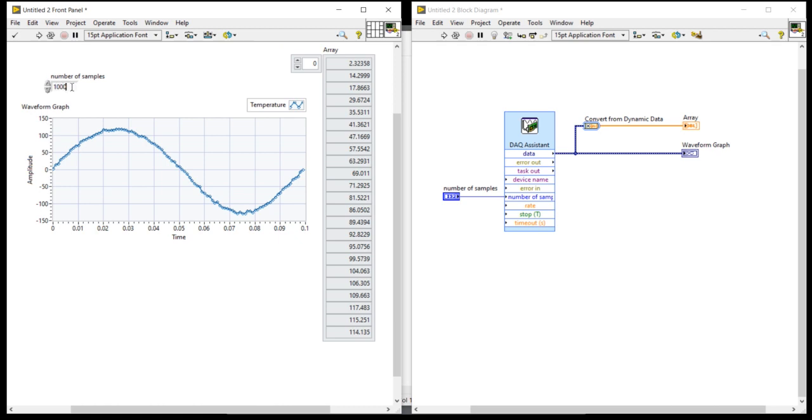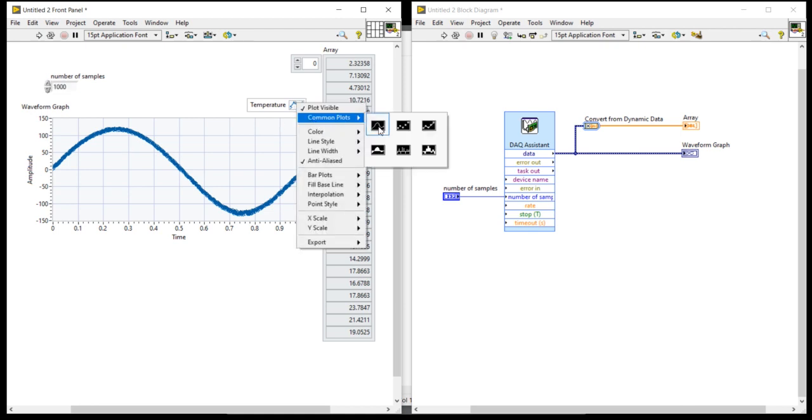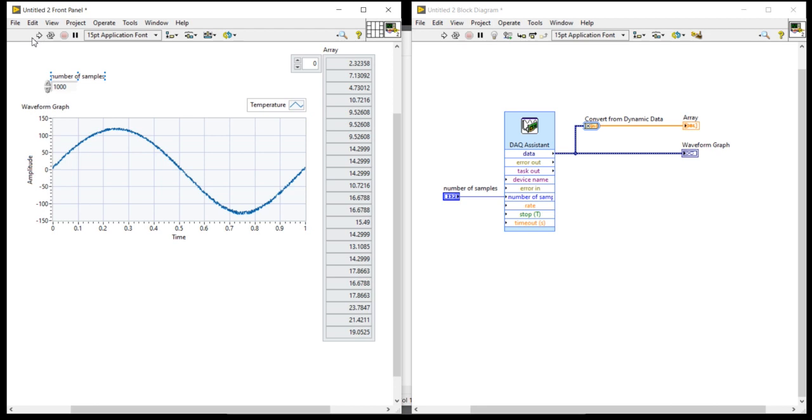If you write 1000 here, it will take 1 second to calculate and display that 1000 data.